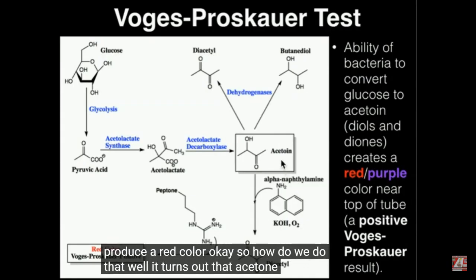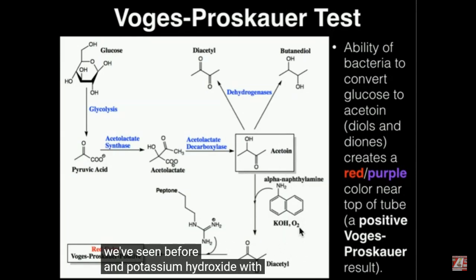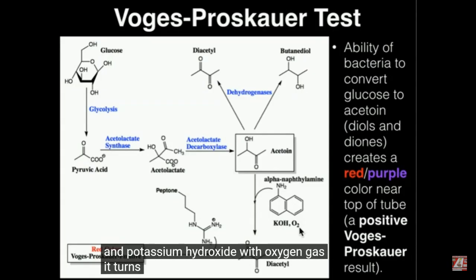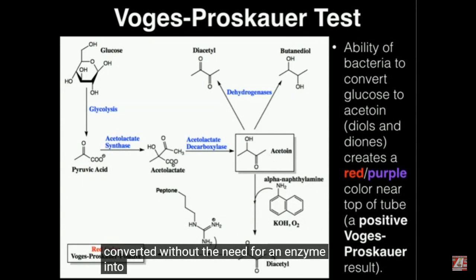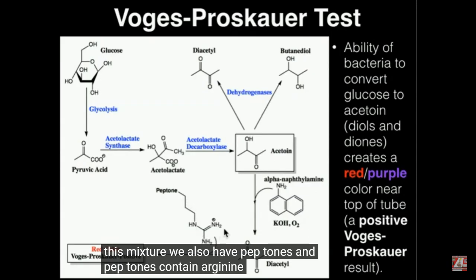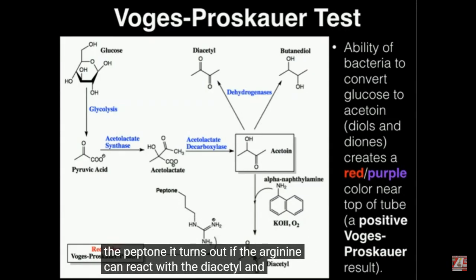Well, it turns out that acetone, if we throw in alpha-naphthylamine, which we've seen before, and potassium hydroxide with oxygen gas, can be converted without the need for an enzyme into this dione called diacetyl. Now, in this mixture, we also have peptones, and peptones contain arginine residues. This is an arginine amino acid that's part of the peptone. The arginine can react with the diacetyl, and when it does, we have a color change